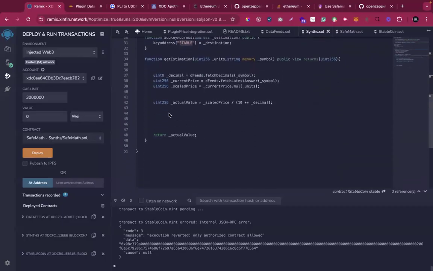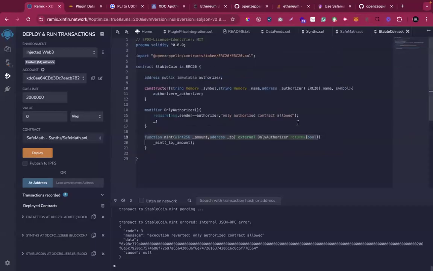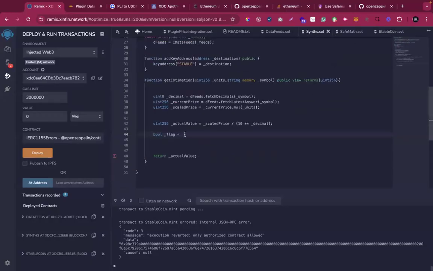and then I would say stable boolean, right? Flag equal to, because the actual minting function will return the boolean value, right? I need to say the return value true, maybe just for testing purposes I'm not coding it to true. Going back to synthetic assets, and now I'm just going to